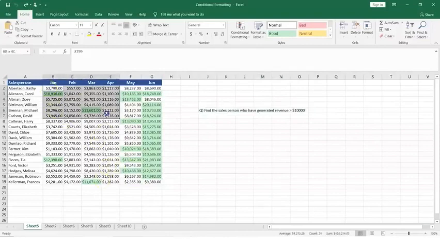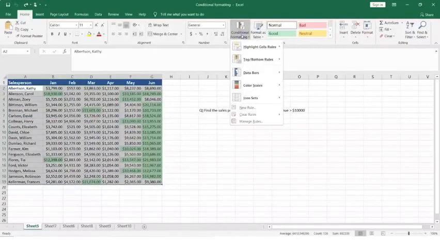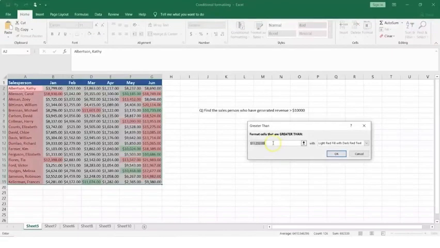So for example, let's select this data, and what I could do is I could go into conditional formatting. Now I could basically highlight cell rules, and we could just say greater than. That's an easier way. I could also go ahead and create a new rule, but then I can use one of these options. I can say greater than, and let's give some value. Might be we would be interested in looking at any value greater than 12,000. So let's choose 12,000. And here it says what color would you want to select. So for example,